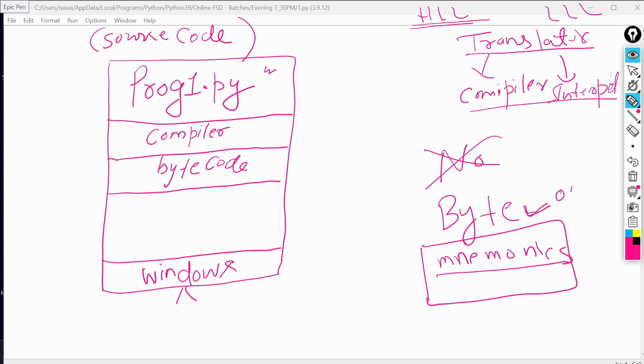This bytecode is not 0101, which means it is not binary language, so the machine cannot understand it. Our Windows cannot understand this bytecode.